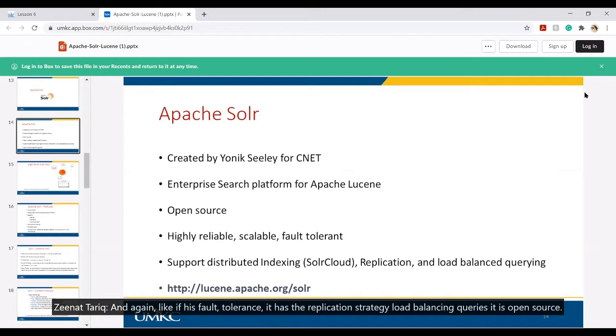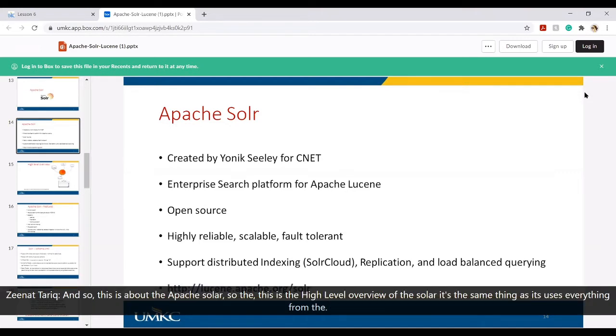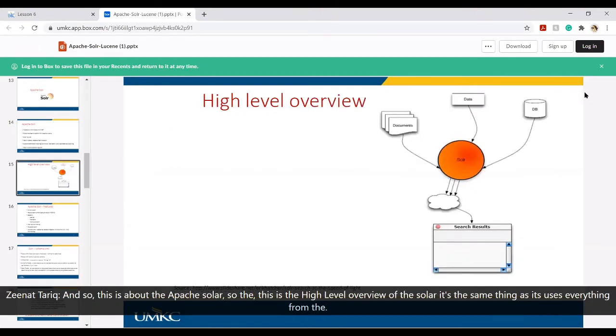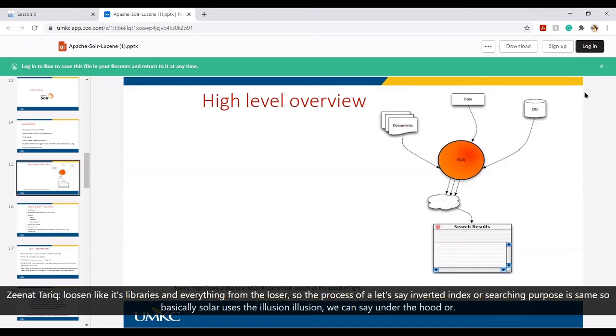It is open source, and so this is about Apache Solr. This is the high-level overview of Solr. It uses everything from Lucene, like its libraries, so the process of, let's say, the inverted index or searching is the same.